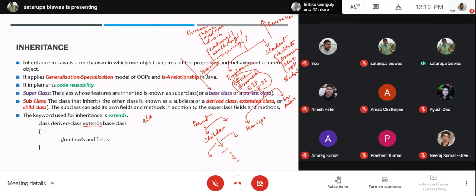Like class A, if you have declared this already, and class B now is going to take the properties of class A, so class B extends A. And remember one thing, after the extends, you can have only the name of a single class. Multiple classes you cannot write. So this is the way inheritance is implemented in Java.